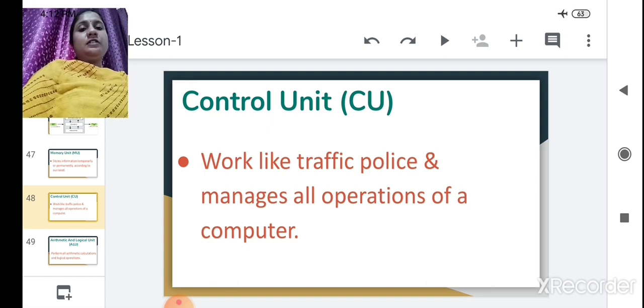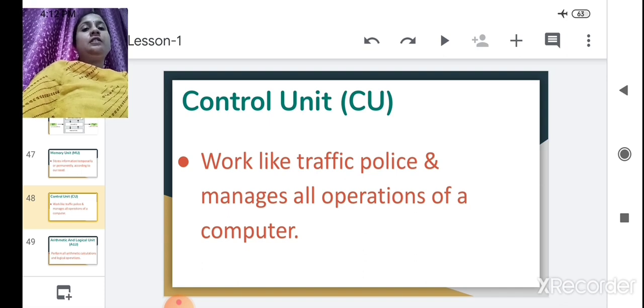You know the work of a traffic police: he never lets a jam happen, and he guides us where to move and from where to go. In the same way, the control unit manages which operation should be done, where it should go, and what work they have to do.